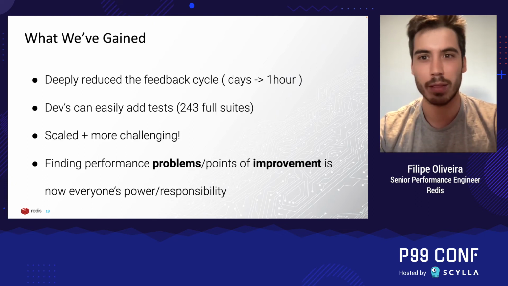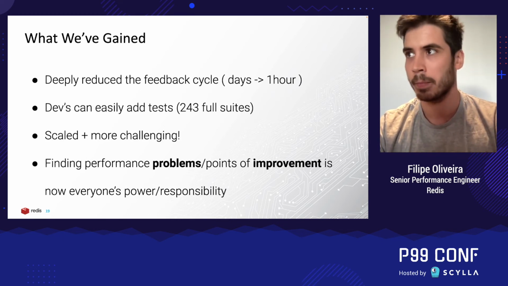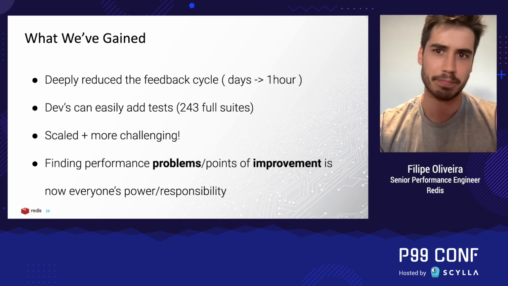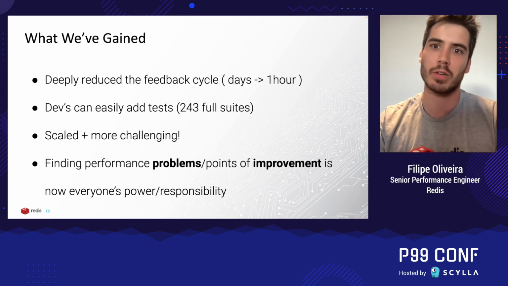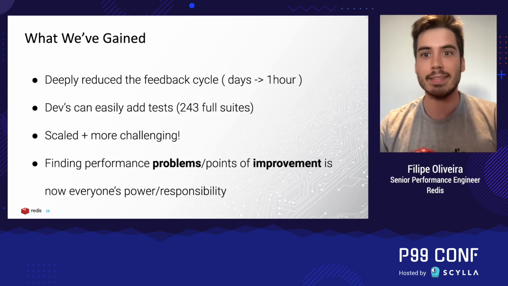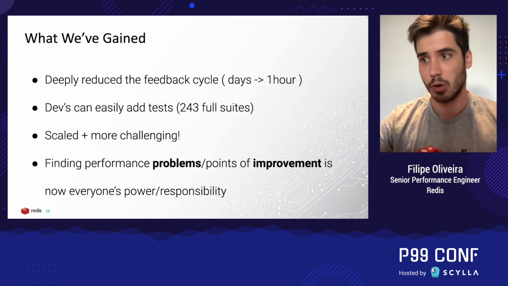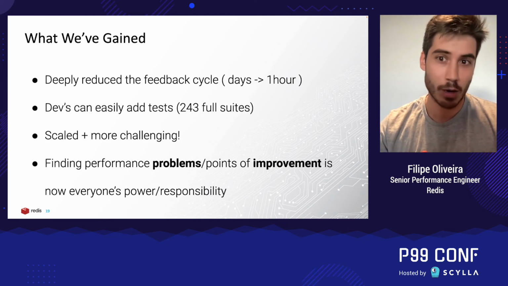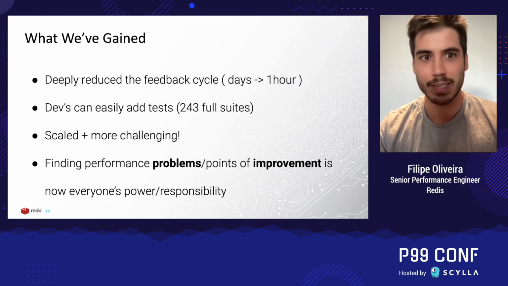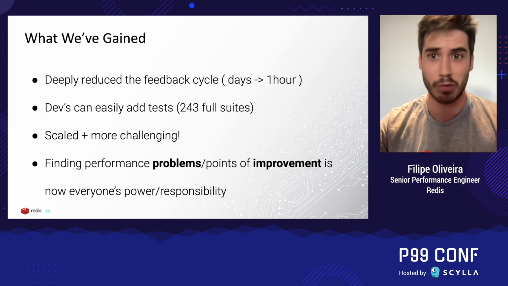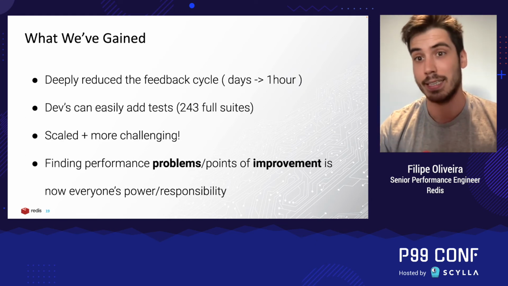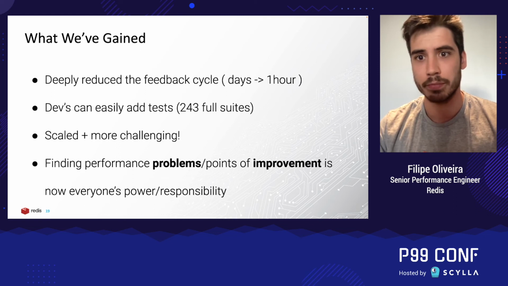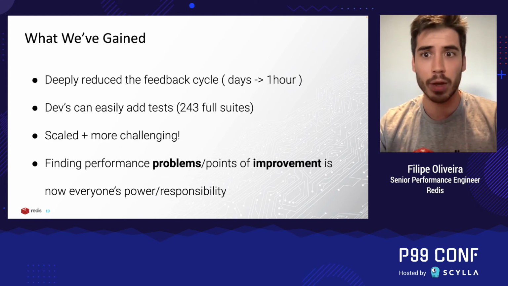The responsibility of adding more and more performance coverage to the projects is now not only the responsibility of the performance team. Given that it is so easy to add new benchmarks to each of the projects, now it's everybody's responsibility. When developing a new feature of the product, you can easily add a way of keeping track of the performance of that feature, even before merging to a more stable branch. While you're developing the functional feature, you can start adding performance tests and assessing how performant it will be, and whether there's any code change you can make right away to improve the performance. So it's very easy to add tests,